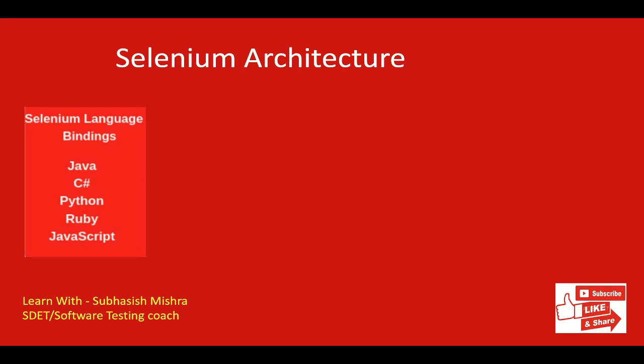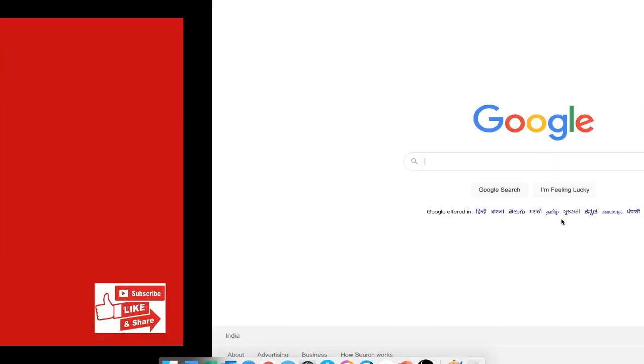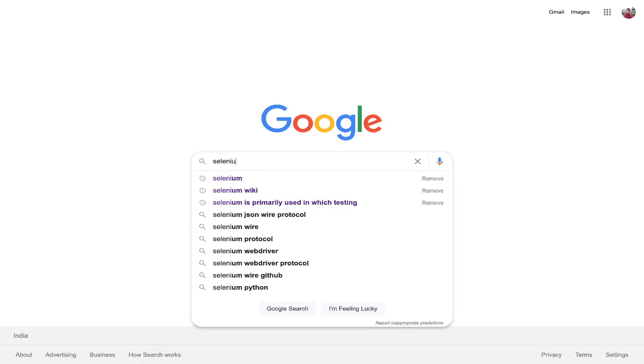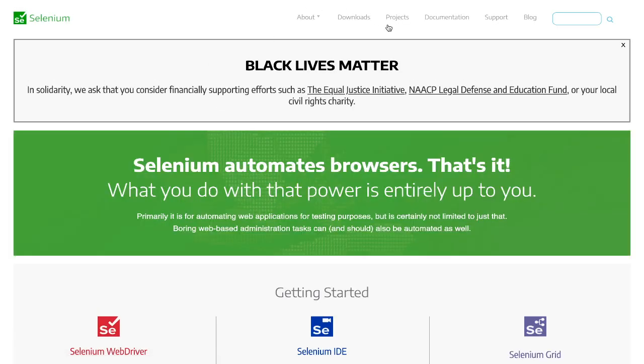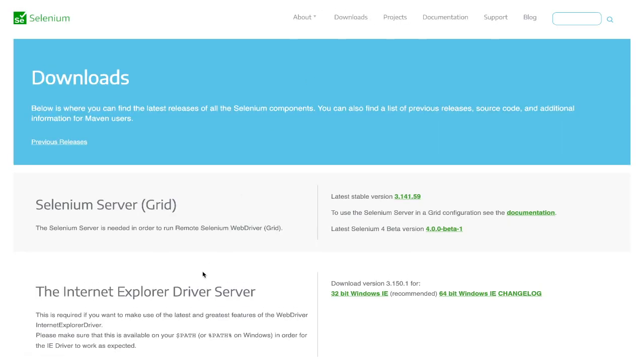If you want to use the browser driver in Java, use the Java bindings for Selenium WebDriver. If you want to use it in C#, Ruby or Python, then use the bindings for that language. All the language bindings can be downloaded from the Selenium official website. If we go to Google and search for Selenium, then on the very first website, Selenium WebDriver, just click here and then go to Downloads.